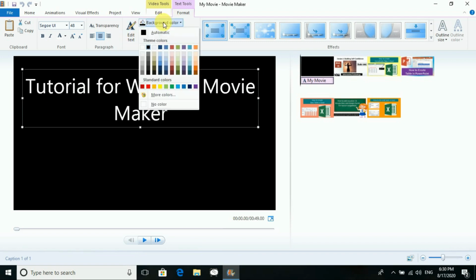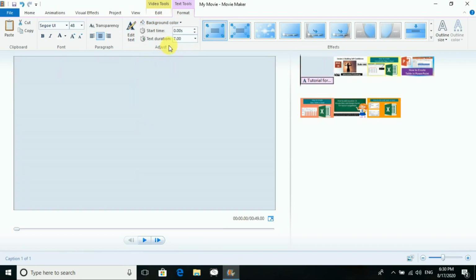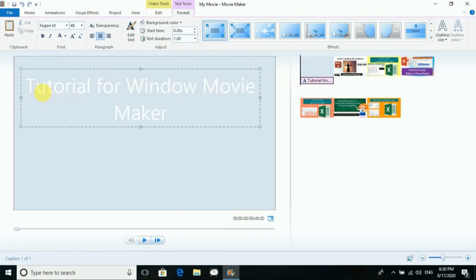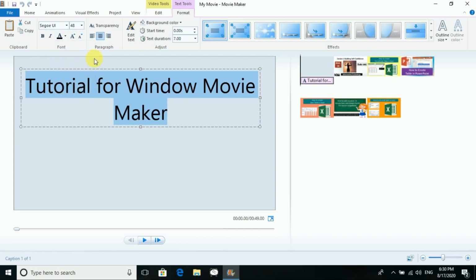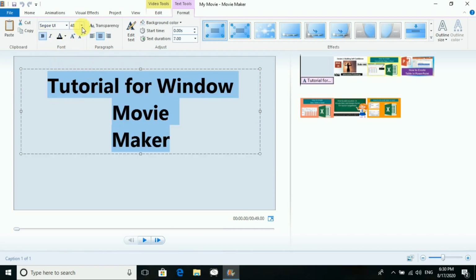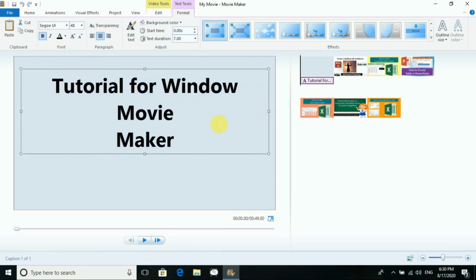If I want to edit it, I want to go with the background color. You will see that when the background color is over there, you will see this effect. Now I can change the font color. I can go with black. I can go for the bold effect. Many more things, yes, you can do it over here. Even you can change the font size as you want it.